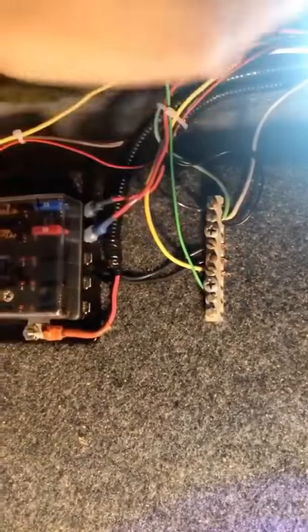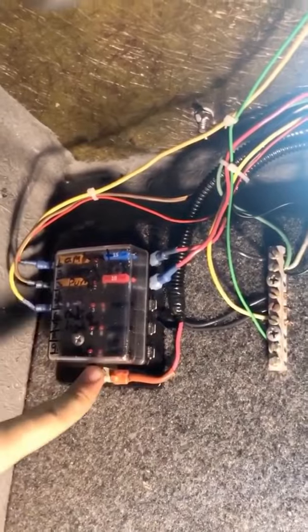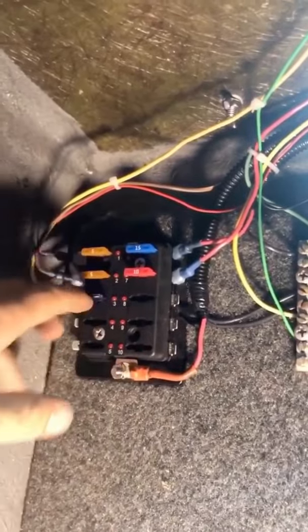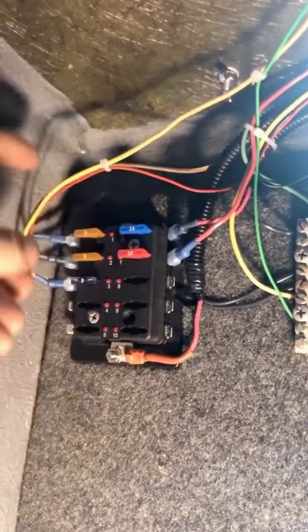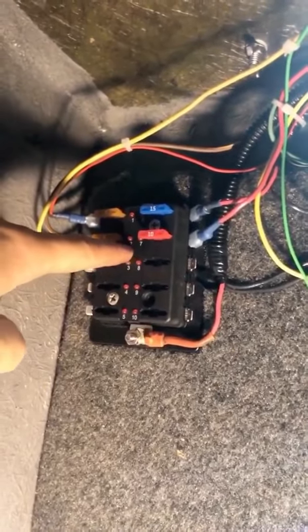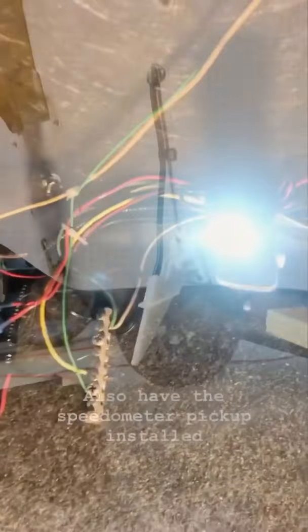Wiring is all done. So there's the fuse box, and there's the ground block. Pretty much from the battery, I have a main line running. This line here comes from the battery, and this line is the positive that goes to the battery also. This also is on a cutoff, and then goes up through here, through the fuse. It's just like a breaker box at home. If there's too much of a load on the wires from the accessories that you're using, it'll pop the fuse before it burns out the wire and starts a fire. These are nice because the red light will go on, so you don't have to worry about trying to find a bad fuse or bad line. Yeah, it looks like a mess, but